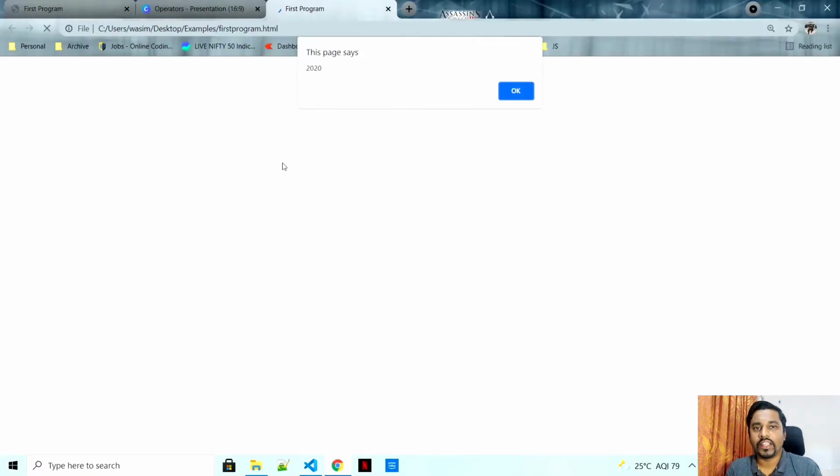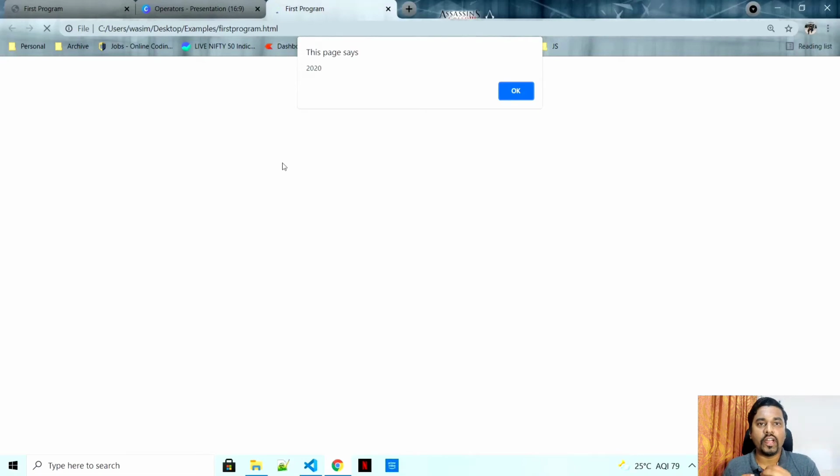Coming back to our answer. So now the answer would be 2020. Why? Because what JavaScript is seeing is a string, and whenever JavaScript sees a string, it does not add. What it does is it tries to concatenate. The same thing happened here: the first value was a string, the second value was a number. So whenever JavaScript sees a string, it concatenates. That's why 20 of A, 20 of B, made the answer 2020. It's not the number 2020, it is actually the string 20 and the number 20.